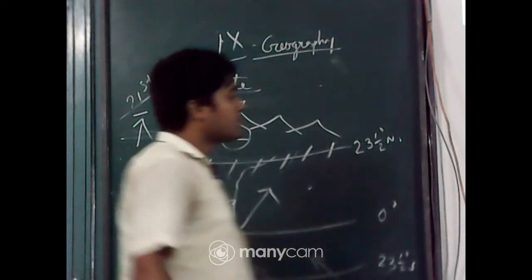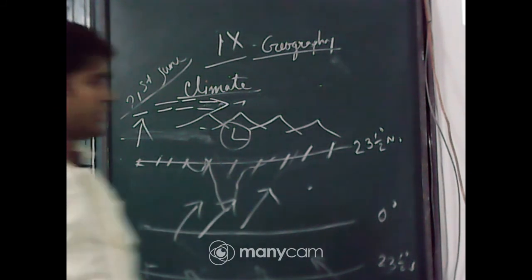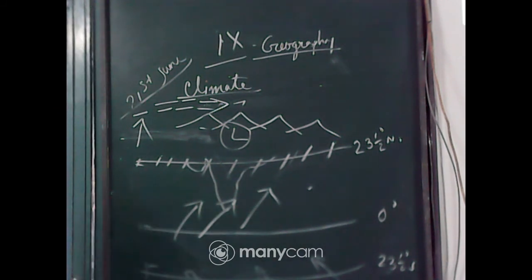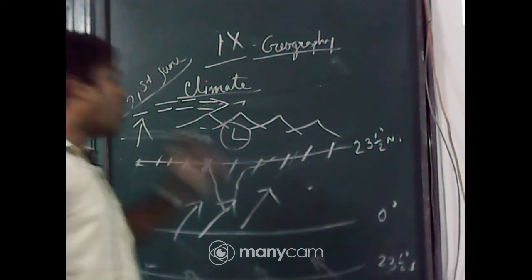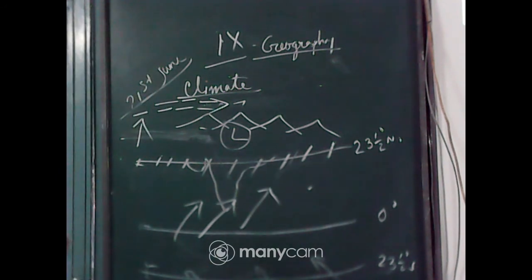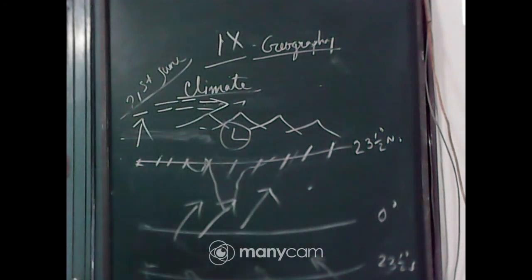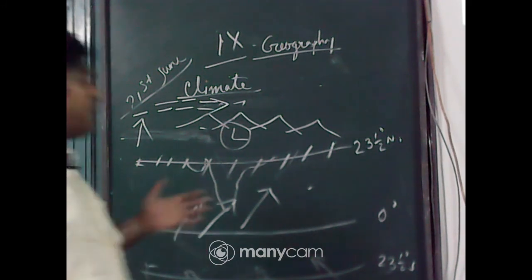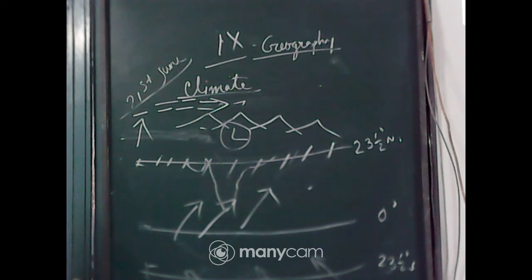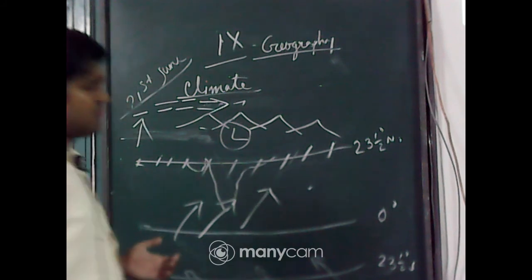Understood, all of you? Only this part you will read. You have seen, I have discussed very small topics each and every day because they are complex parts, and each and every topic you have to understand. So one by one you will read carefully and understand each and every part. So the mechanism of the Indian monsoon, there are 5 points. Each and every point you will read. If you have any doubt or queries, next day you can ask me again, no problem. I will repeat it again. Okay?